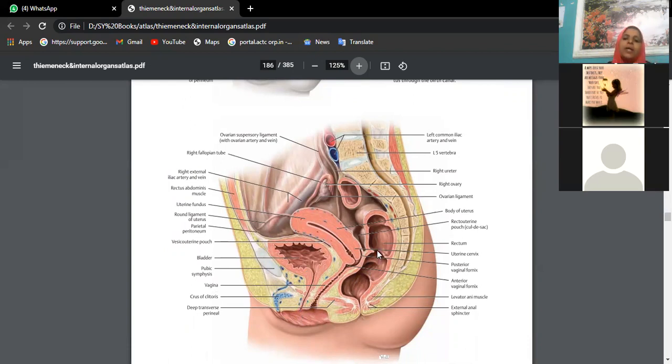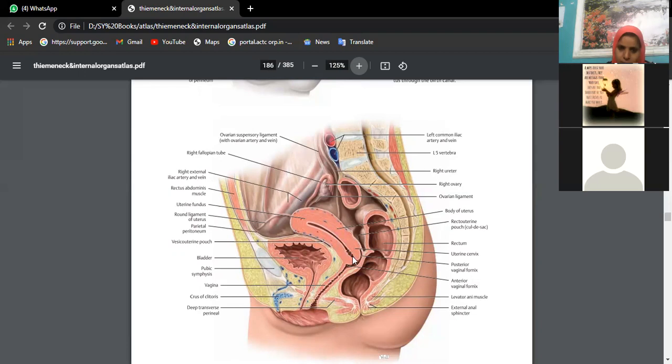Then now in case of female, we also have a second visceral organ in the sagittal section of pelvis, that is uterus. The presenting parts are, this is fundus, this whole thing is body, and lower part we have cervix. Cervix continues its journey in this passage, that is vagina. Now when you see, it is folding on itself, forming the angle of flexion which is bending on the uterus, that is 125 degrees, and it forms an angle with vagina also. You call it the angle of anteversion, which is 90 degrees.